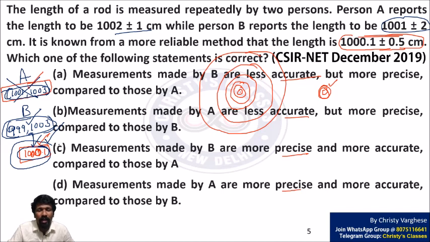B is the more correct answer. Accuracy can be related to correctness. B is more correct compared to A. That means the final conclusion is that B is more accurate,